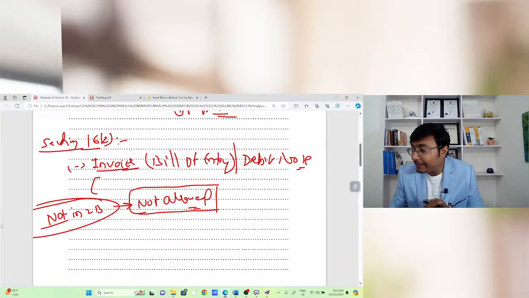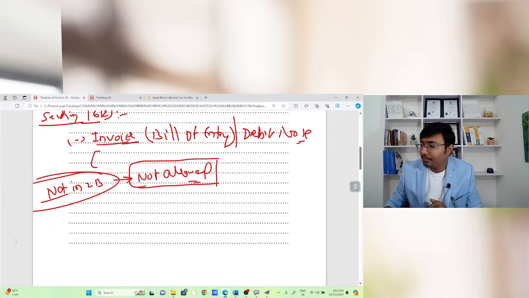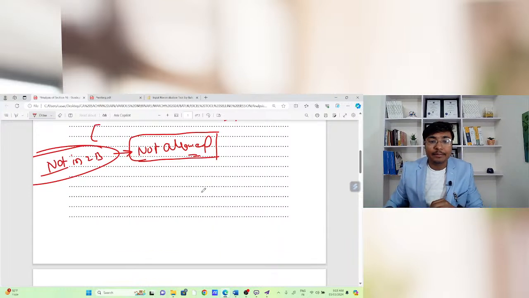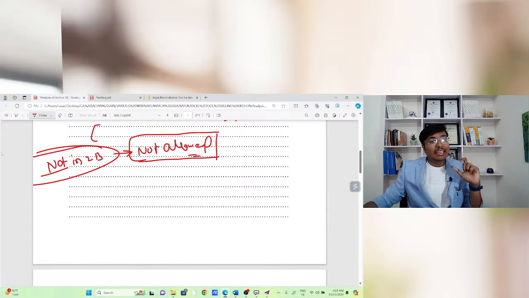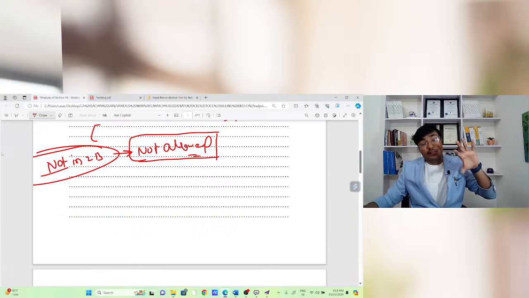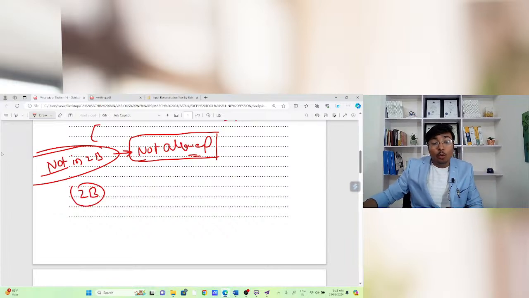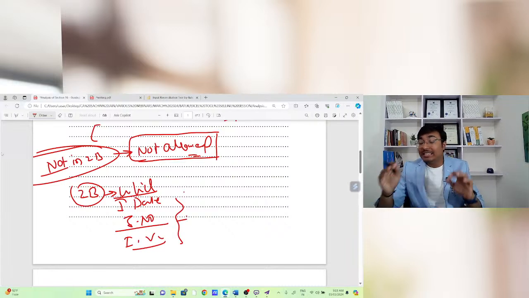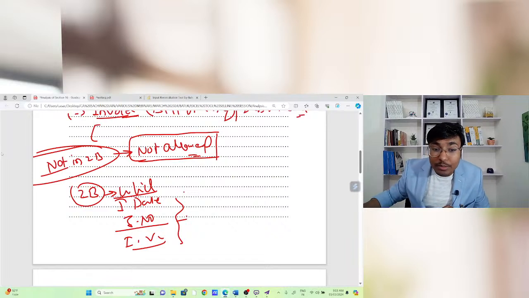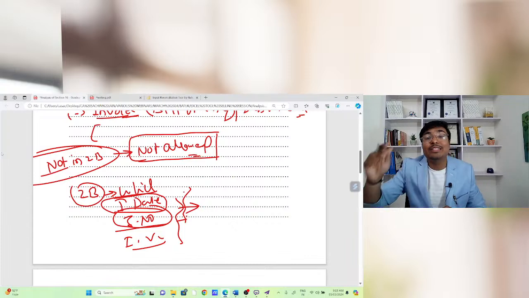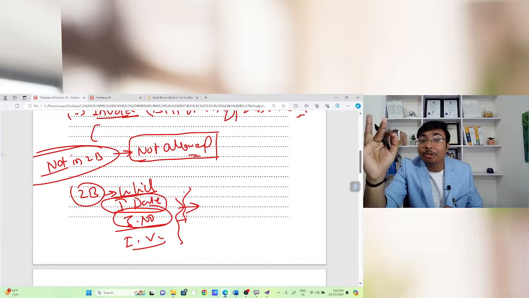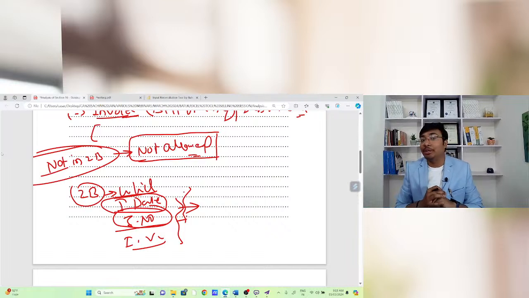Now the point is, have you ever checked whether the invoices available in my 2B are correct or not? Whether the invoice date is correct or not, the invoice number is correct or not, the invoice value is correct or not. All these things are very important, and the most important are your invoice date and your invoice number. These are very important, but we are not going to focus on these particular things, because